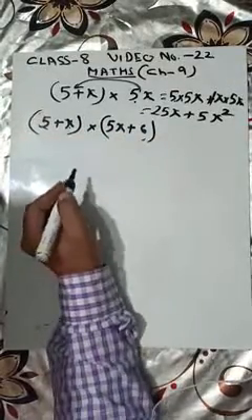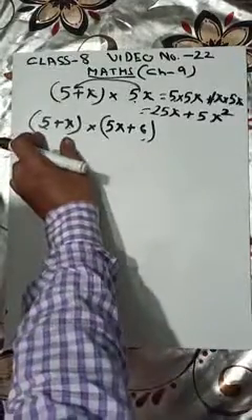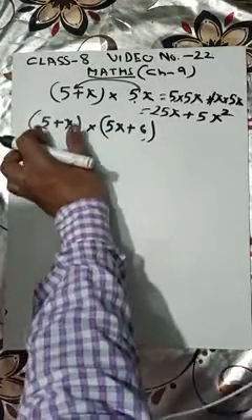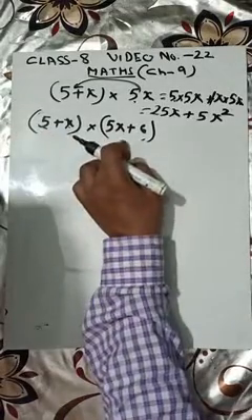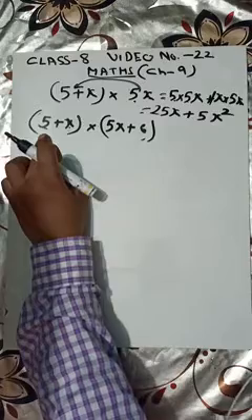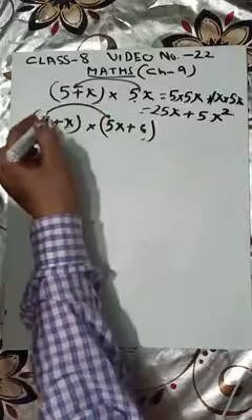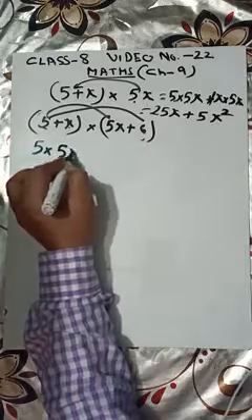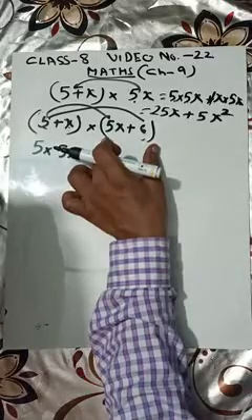Now what to do here? It means that this whole thing is multiplied with this whole thing. यानी ये पूरी चीज़ से multiply हो रही है. What is there in the whole thing? 5 and x. What is there in the other whole thing? 5x plus 6. So this 5 is going to multiply with these terms one by one, with this 5x and this 6. Remember, it's very simple.